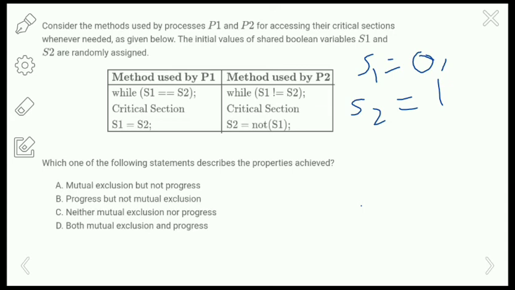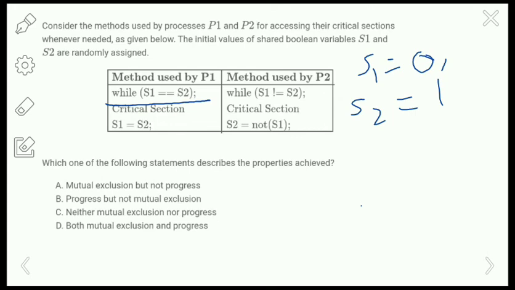So here the S1 value is 0 and the S2 value is 1. In the execution, if you see the while loop, after the while loop a semicolon is given. Normally in C language, after the while condition the semicolon is not given, right? The while condition is followed by some set of lines in the C program, but here S1 equals S2 is followed by a semicolon. That means we wait while the given condition is true.